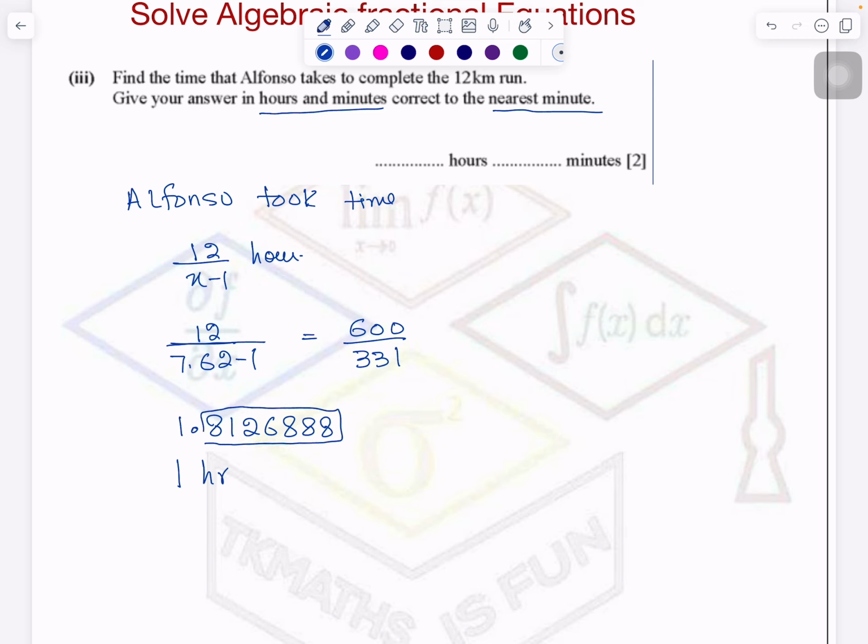So how do you change it into minutes? What is the technique? The hours part which is in the decimal. Absolutely right. To change hours into minutes, we multiply by 60. So you also multiply by 60. I'm also multiplying. So I got here 48.76. Now he said round to the nearest minute. So what I will do here, it is equal to 49 minutes, right? So 1 hour 49 minutes. This is your final answer.